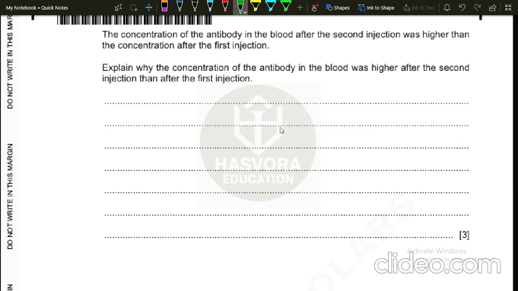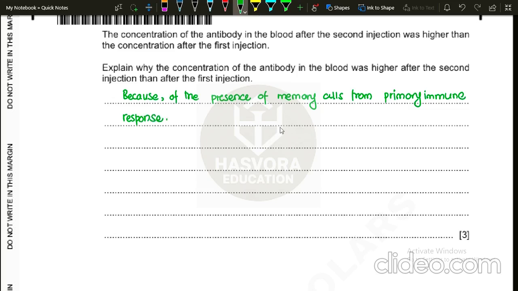So we can just simply write this. The answer will be that because of the presence of memory cells from the primary immune response, when the person is again encountered by the same pathogen,